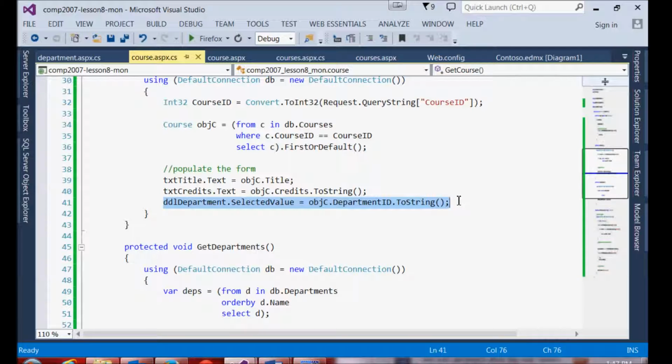If this was PHP, we'd have to loop through all of the options and then compare our current department ID to each one of the options and add a selected attribute in. What if you have more than one value